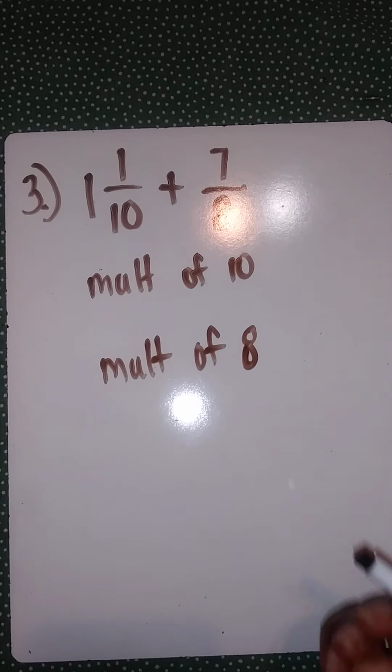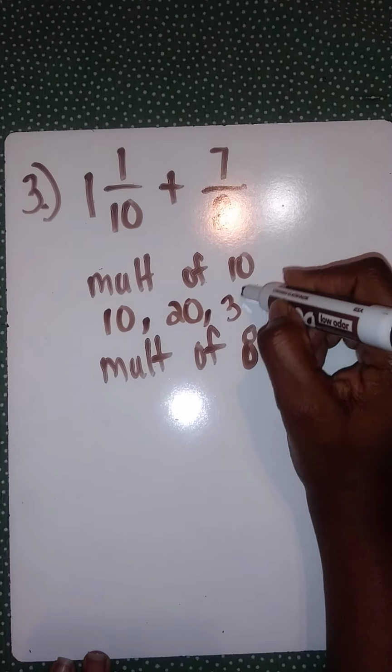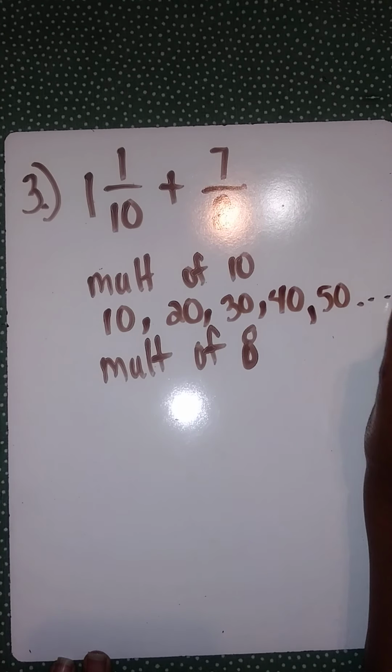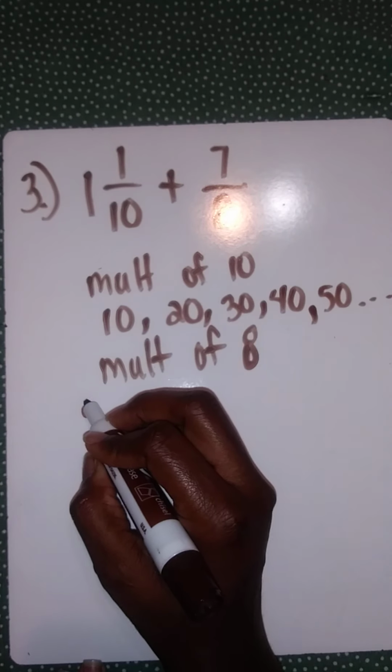So my multiples of 10, easy, are 10, 20, 30, 40, and I can just say 50 and I can stop there, okay? My multiples of 8, I got 8,